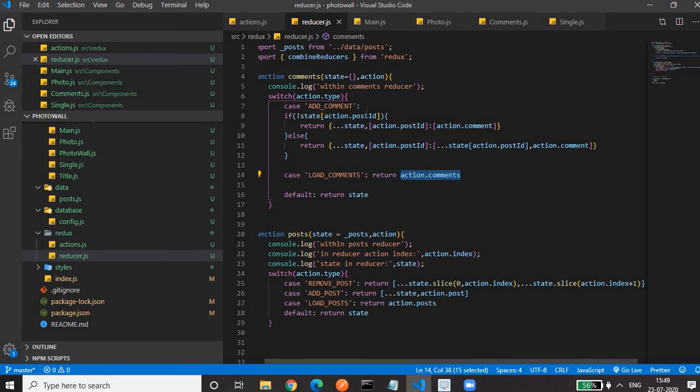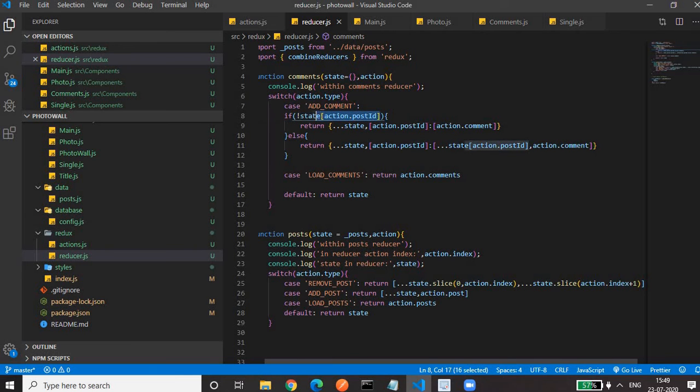This also we have written earlier in day 4. So this case statement will get matched, and here the state is an object in which the ID is the post ID. We are checking state action.post ID. It will give the comment array.